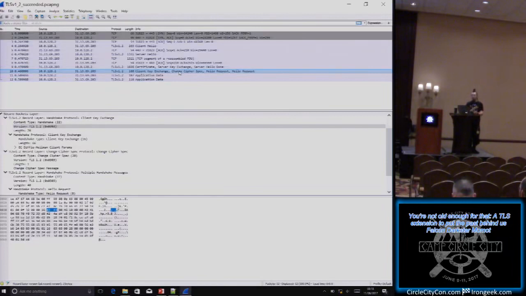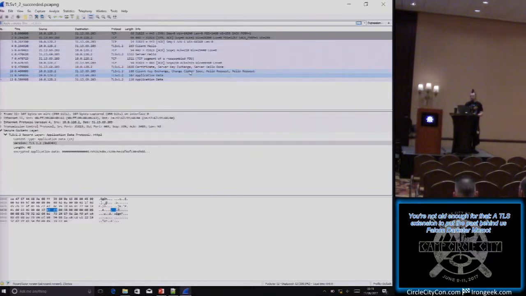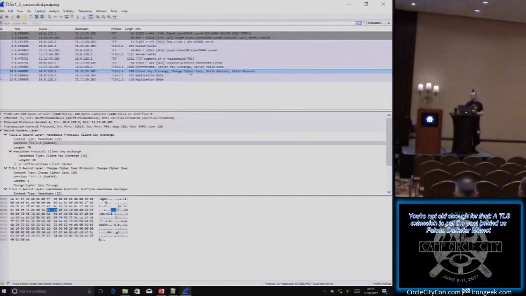When you have both of these channels of communications, it doesn't actually matter what algorithm you're using. That will work for any. As long as both people are aware of what algorithm they're using, then they can negotiate keys in this way. Change cipher spec to start encrypting. They haven't started encrypting until after this packet, and then also send me some other data. After this point, everything is encrypted and signed. Before this point, almost nothing is encrypted and signed.